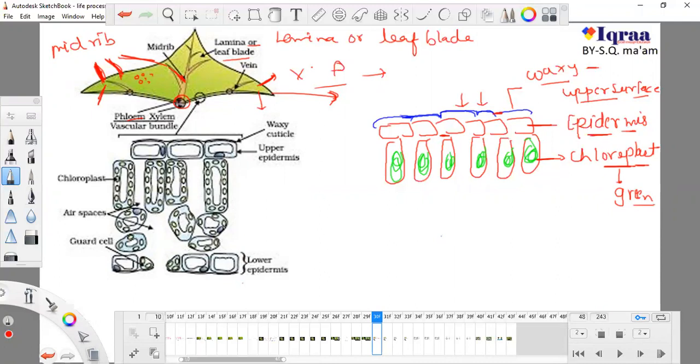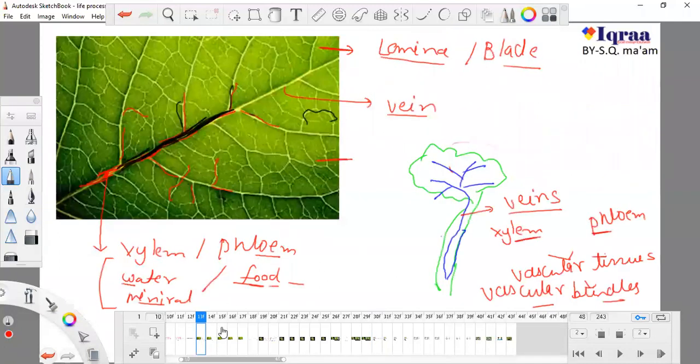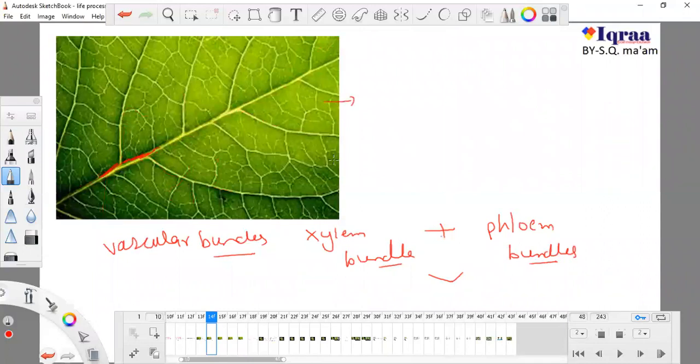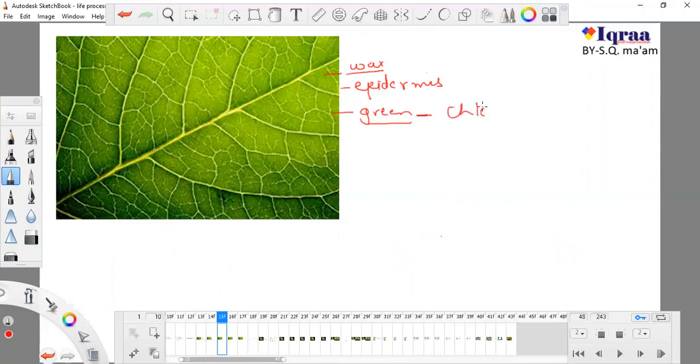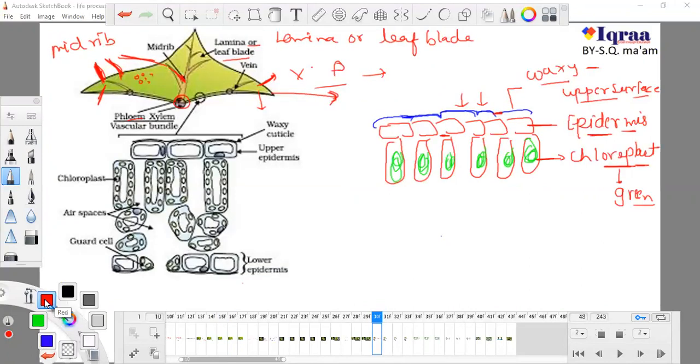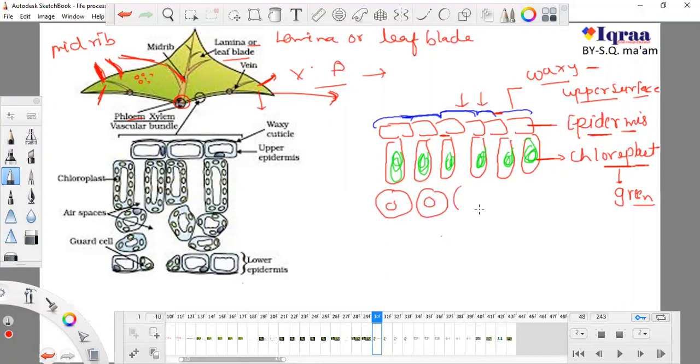So the greenish look of the plant is not because of the epidermis, it is because of this third layer, which has chloroplast. The layer which possesses chloroplast, or color, is actually the third layer, not the first. Now below this layer, there are some other cells, not very close together, and they have air spaces.